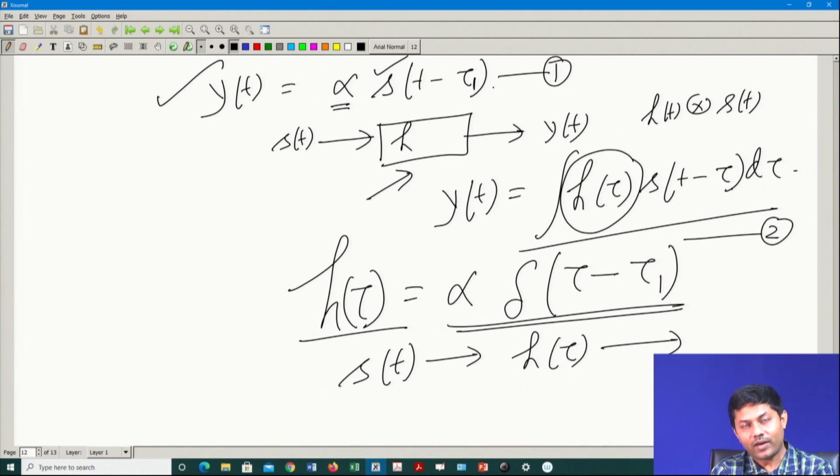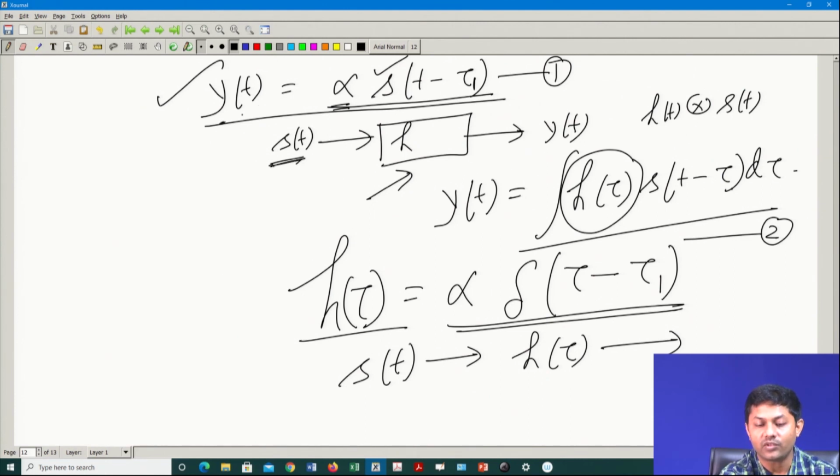If that is the case, what does it mean? It means that my channel should be modeling the delay part as well. That means, if I give an S(t) to a black box and I am getting data like that, what should be this black box behavior such that if I do a convolution with S(t), I receive this particular Y(t)? That is my goal. Given this S(t), given this Y(t), given these equations, what should be my H then?